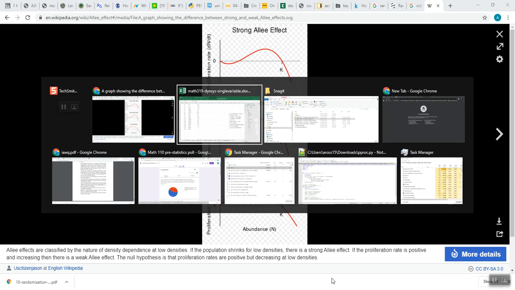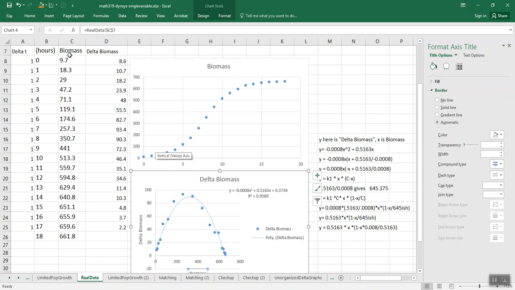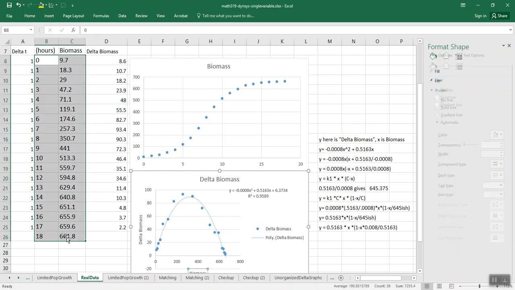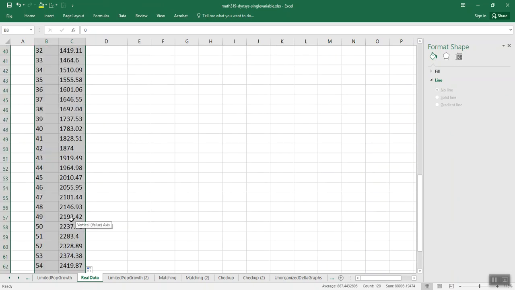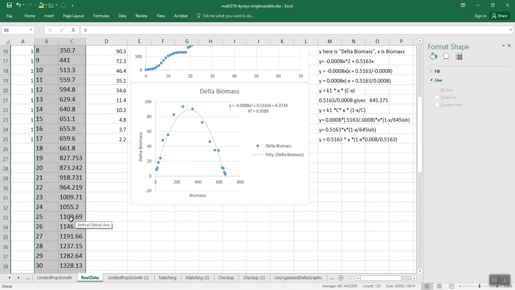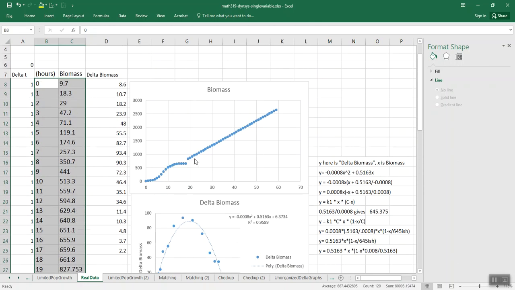One other quick thing back here on the data set. Sometimes people say, oh, let's just extrapolate the biomass by maybe highlighting it all and doing a fill down. And Excel gives you numbers. That's interesting. What do those numbers mean? It's not really clear how it's getting it, but if you look at the graph, can you tell what happened? I had highlighted the whole original data set, and then the numbers it gave me look a lot like if you had done a linear regression through that data and just continued it on, and that's actually what Excel is